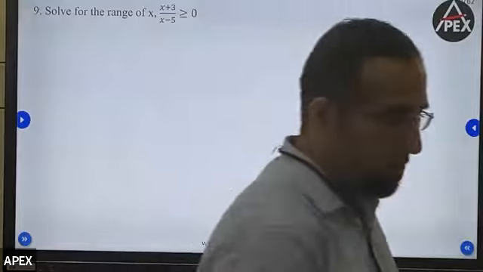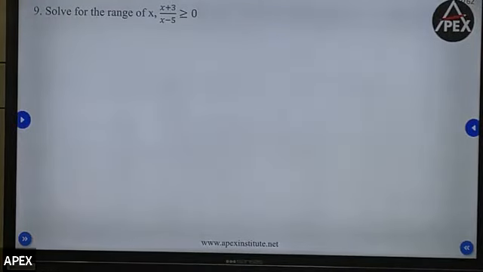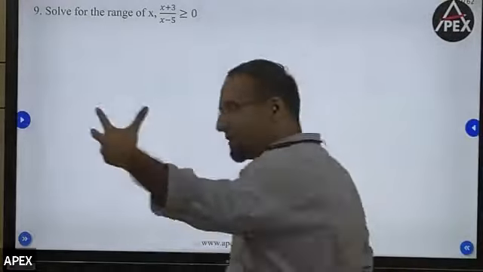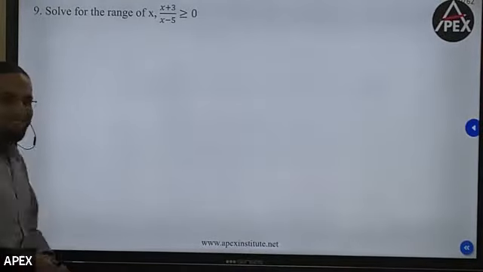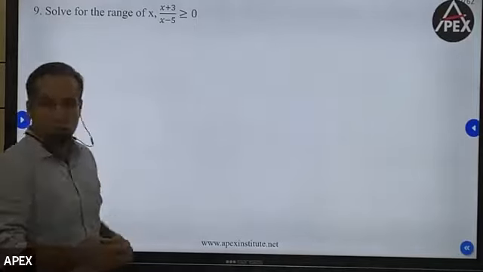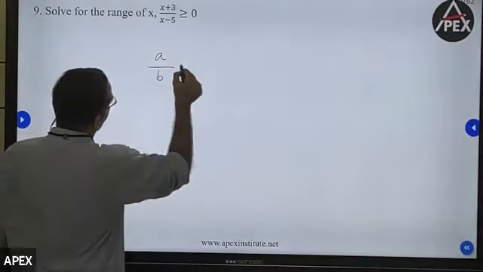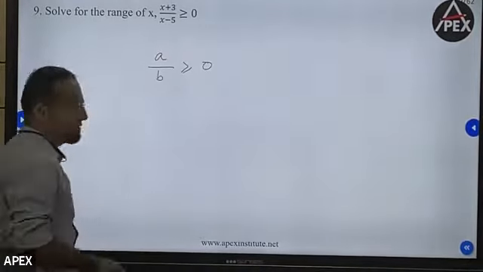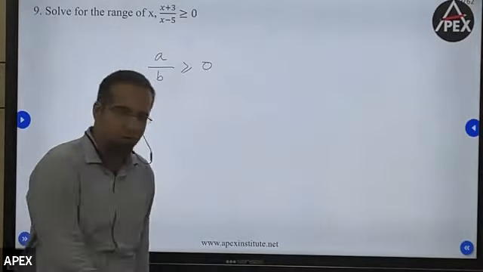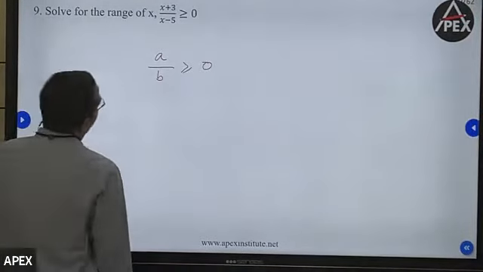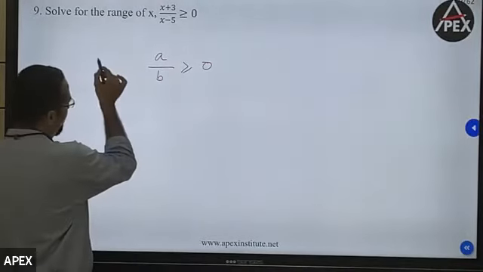So how will you solve this whole problem? Yeah, that's all mathematically. Let's eliminate that extra calculation. Now, mathematically, if I'm saying that a by b is greater than or equal to 0, it doesn't matter, either I want a positive or 0 value. So one point is that either I can have numerator positive,